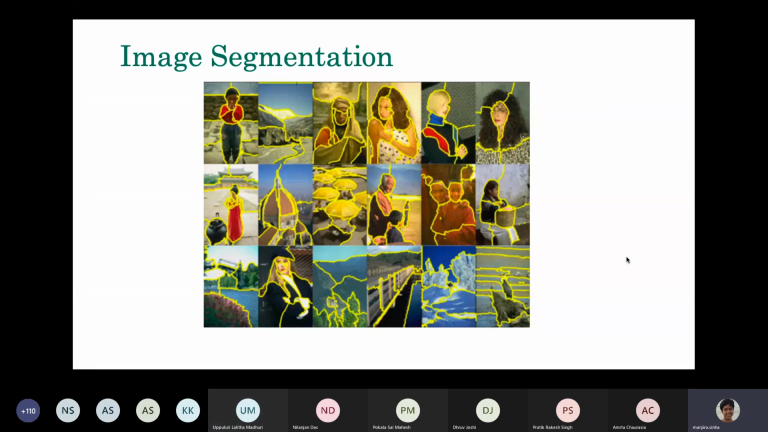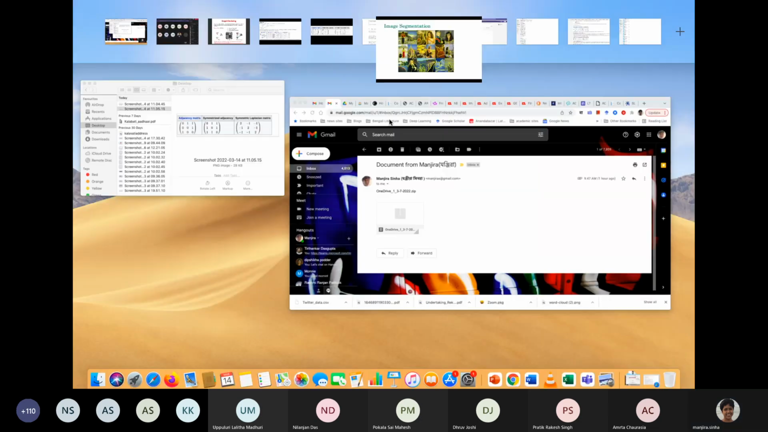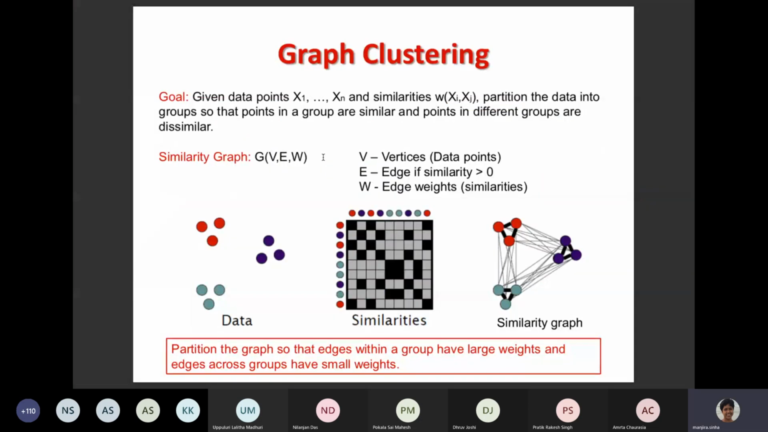So for this kind of image segmentation, we don't need clustering in the sense of compactness, but we need connectivity to identify this is the face, this is the hair, this kind of thing. Now let us go back to this. So we discussed